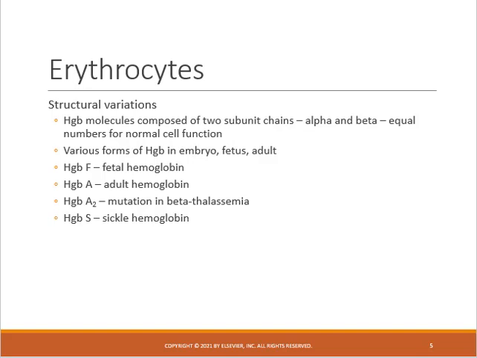Beta thalassemia is a blood disorder that decreases the production of red blood cells, and sickle cell is an inherited red cell disorder where the cells are shaped like a crescent moon, and they don't flow freely through the small vessels, and then they can clog the blood flow and cause